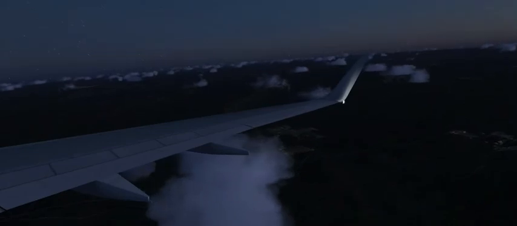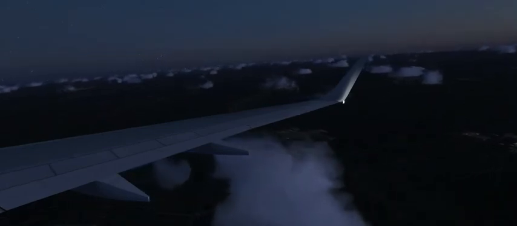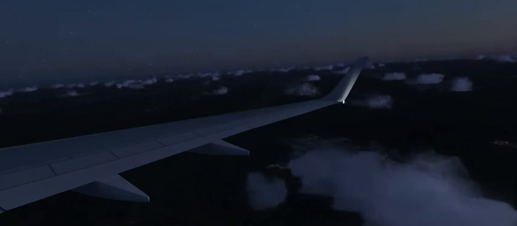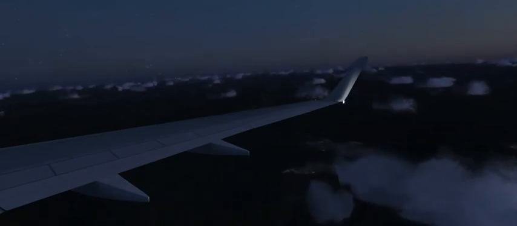American 1, contact Potomac Approach on 120.45. Going to 120.45. American 1, Potomac Approach, American 1, with you, 9,000. American 1, Potomac Approach, roger. Altimeter